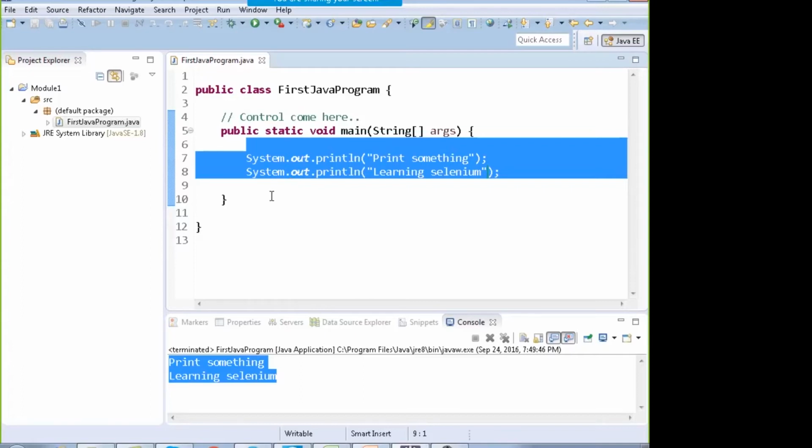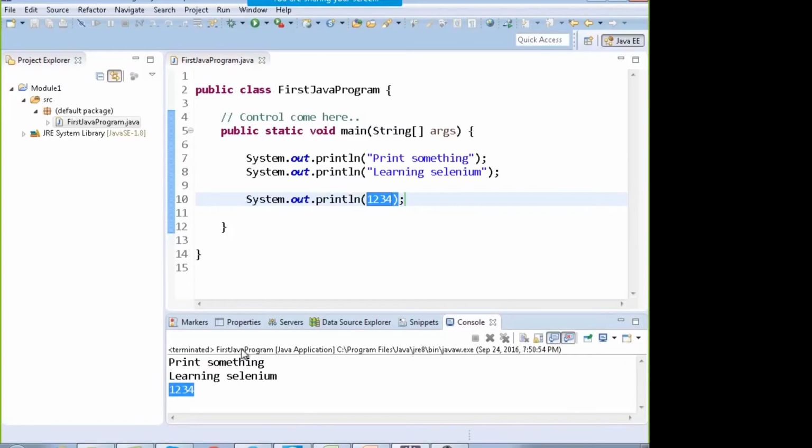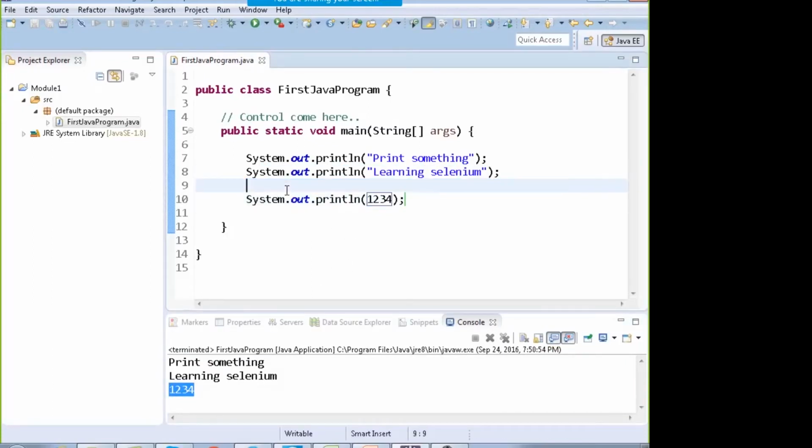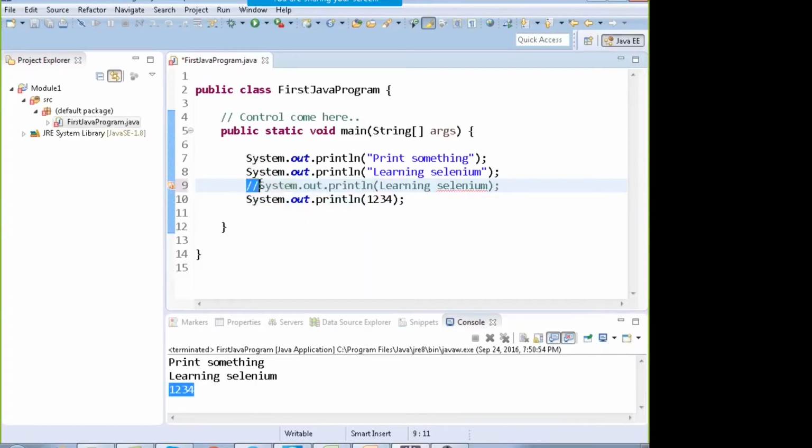Alright, now if I talk about System.out.println, everything given in this command has to be in double quotes. The strings have to be in double quotes. Numbers, you can just print it like that. I can print any number. You don't have to write it in double quotes mandatorily. So when you run it, it will print 1, 2, 3, 4. But if you are putting up strings, then you have to put double quotes over here. Otherwise, this will not work. It will give you an error. You can comment out the code by putting double slash in front of the line.